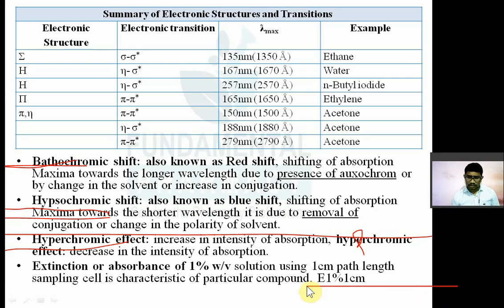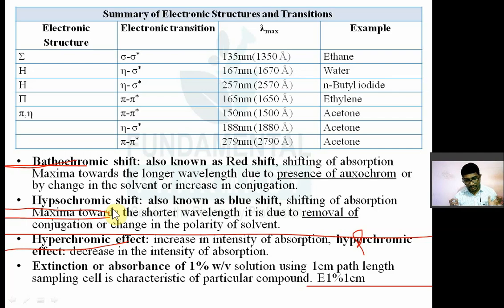जैसे मान लीजिए उसका 5 है, ओके, एक्सटिंक्शन कोएफिशिएंट, तो 1% weight by volume solution of paracetamol, if you scan this in UV having path length of 1 centimeter sampling cell, so it will give you a particular absorption। जैसे मान लीजिए कि ये absorption दिखा रहा है 5.19, आपने मेजर किया औरंगाबाद में, तो आप उधर गए यूके में, यूके में पैरास्टामोल लिया, वहां पे उसका सॉल्यूशन बनाया 1% weight by volume solution, एंड अगेन यूवी में मेजर किया बाय यूजिंग 1 सेंटीमीटर पाथ लेंथ, वहां पे भी उतना ही आना चाहिए 5.19।